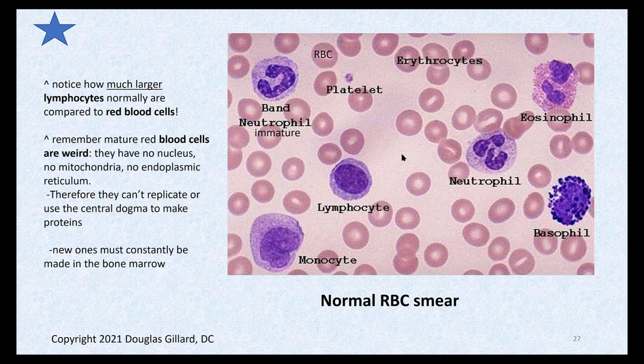But here's a normal blood slide right here. So here's a lymphocyte. There's a neutrophil with 3 lobes. So this is what your blood looks like, Lola. This is what's floating around in your blood. And then these are your normal red blood cells. They have no nucleus. They just have this pale region. But note the size of these red blood cells is small compared to the lymphocyte. Lymphocyte is much bigger, and so is neutrophil and basophil, eosinophil, all those guys.